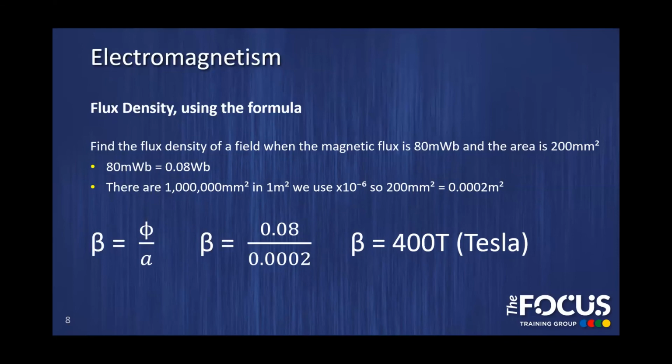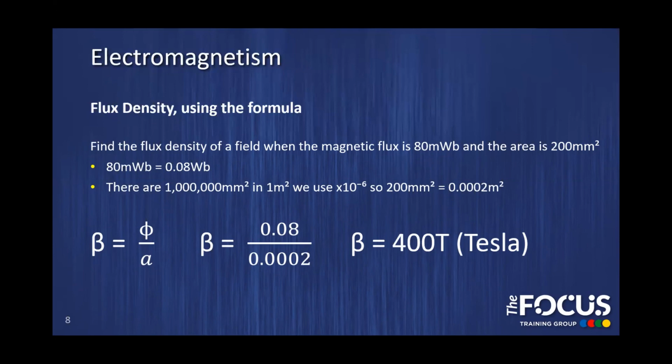And again, if we think about how many 1 millimeter blocks we would need to fill a square meter, we would need 1,000 times 1,000, so we would need 1 million square millimeters in a square meter. So to change our 200 millimeters squared into meters squared, we could divide 200 by a million, or we could multiply 200 by 10 to the power of minus 6, skipping the decimal point 6 places to the left. So our 200 millimeters squared becomes